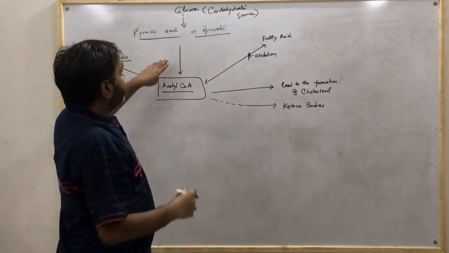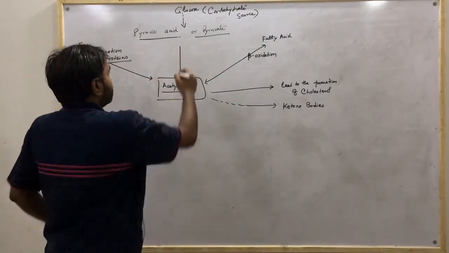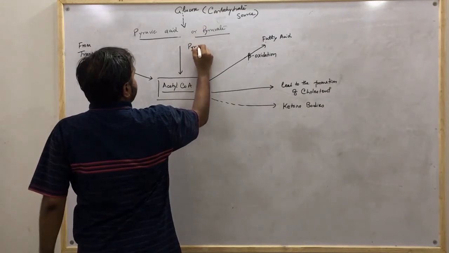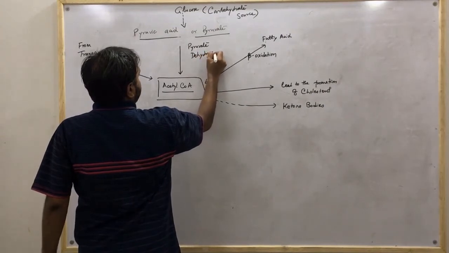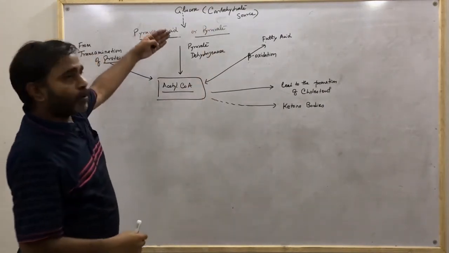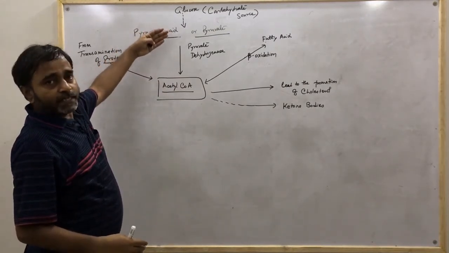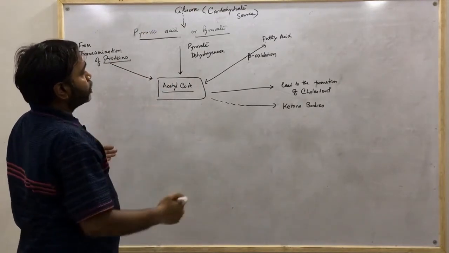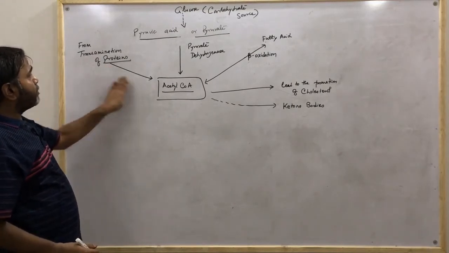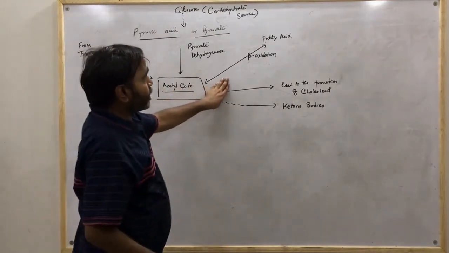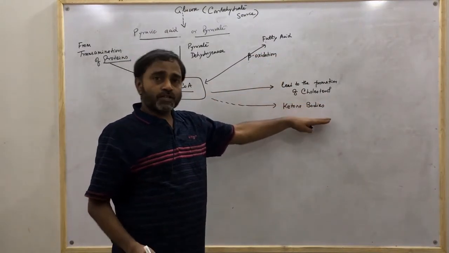So this is important, and here what enzyme will work? The enzyme will be pyruvate dehydrogenase, because we are moving from glycolysis. So we will take the prime step, what is coming from there, that is glucose. So we are following that, although I tried to make you familiar with the fact that acetyl-CoA can be formed from protein, it may also get formed from fatty acid, and acetyl-CoA may also further lead to the formation of cholesterol.